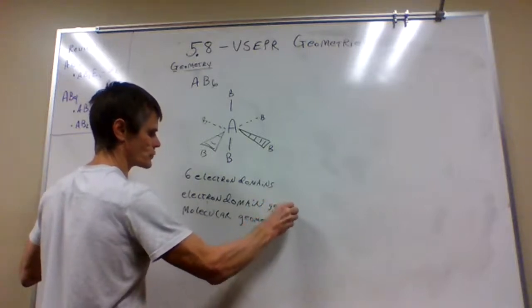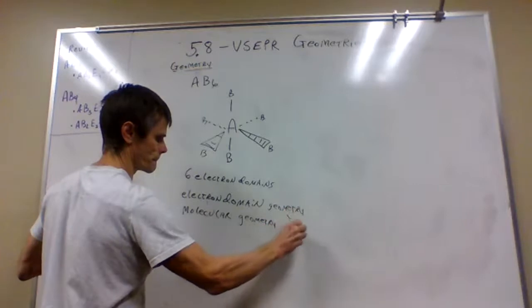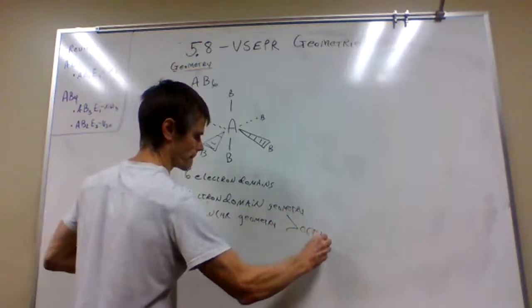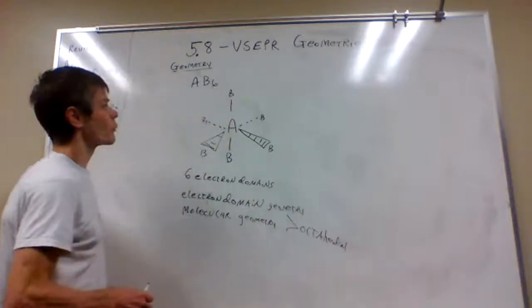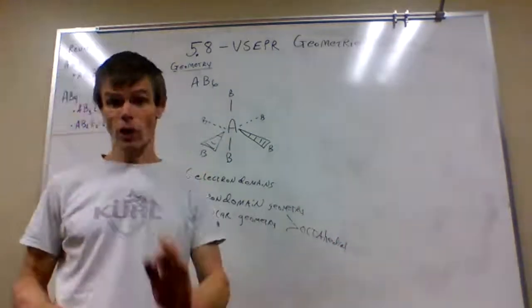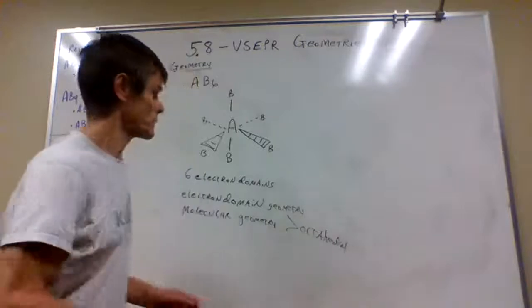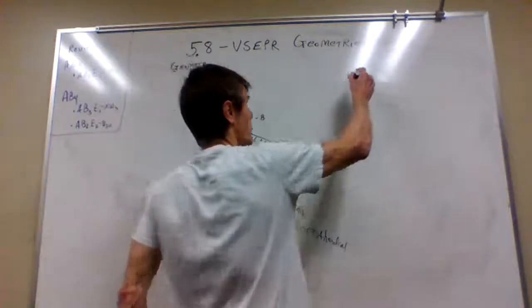These are octahedral. And we can derive several geometries from the AB6. We can have